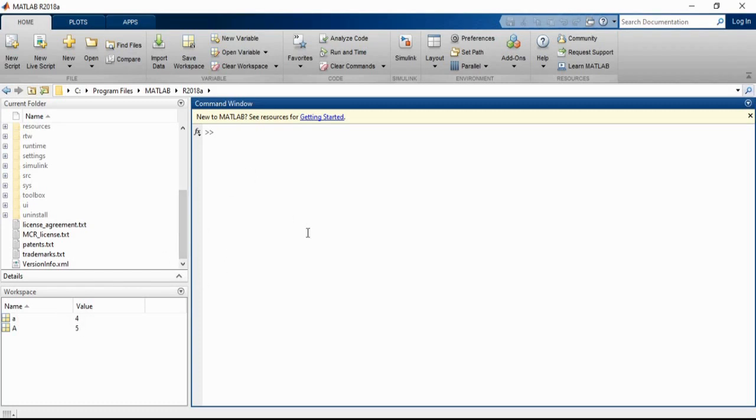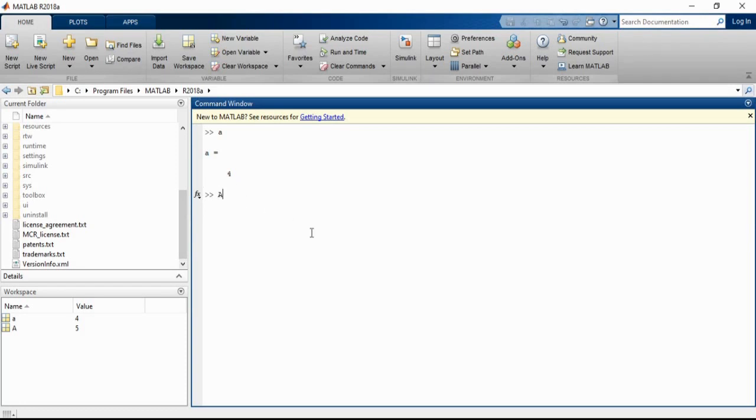Let's say, for example, I want A, so I simply enter A and press enter. You will get whatever data was stored previously in the A variable, retrieved in the command window.